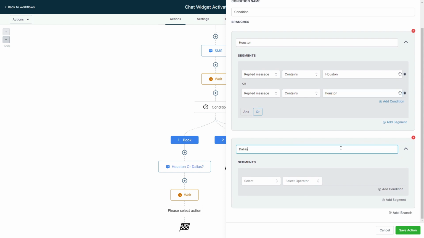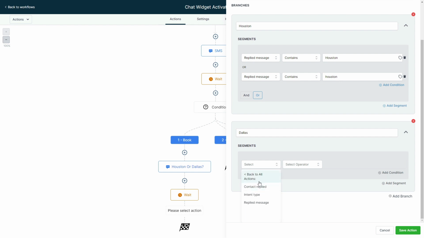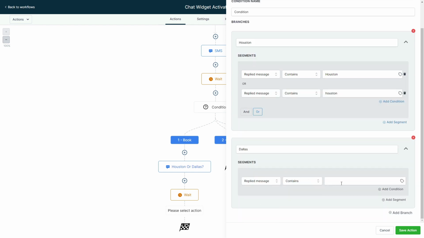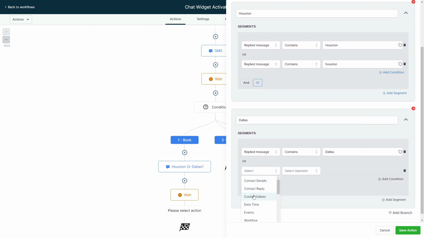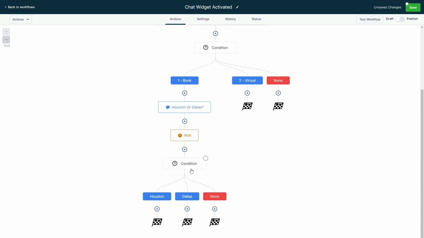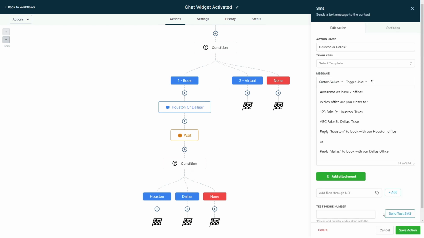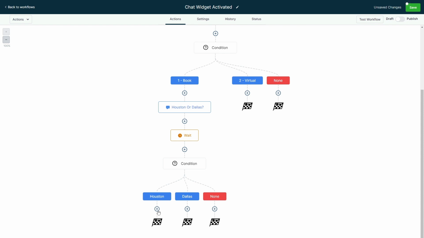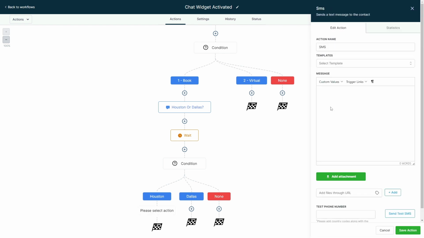And then we got our Dallas location. We could say contact reply, reply message contains capital Dallas, and add a condition, or, and put contact reply contains lowercase Dallas. If I'm moving fast, guys, pause the video or rewind it and go back and watch that, because this is gold right here. So if they reply Houston or if they reply Dallas, you can then send them a text message that says,